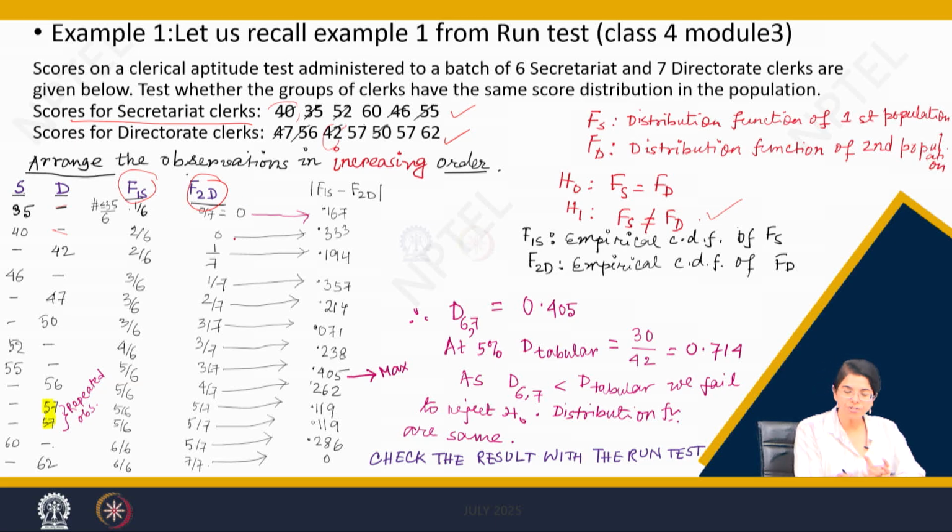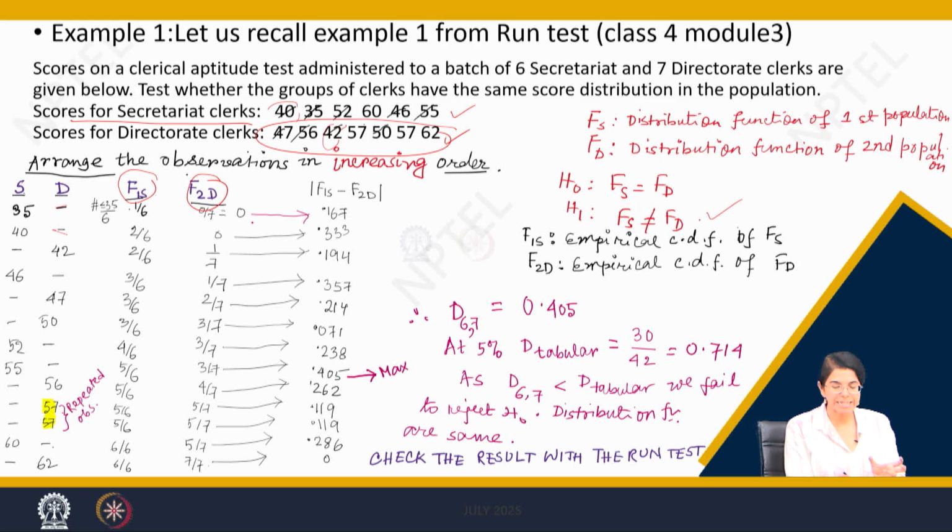Now, on the contrary, if I ask you what is the empirical distribution function for x equal to 35 for the second sample, think a while, it will again get you back to the logic. How many observations are less than or equal to 35 from the second sample? Now we are sticking to the second sample. Clear? Is there any observation in the second sample which is less than or equal to 35? No such sample. So 0 divided by the total number of observations, that is 7.